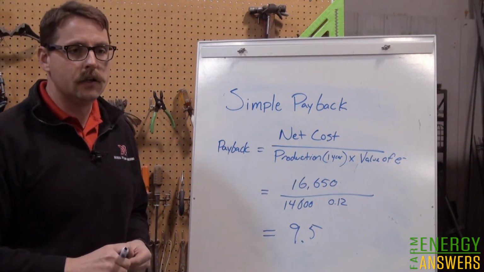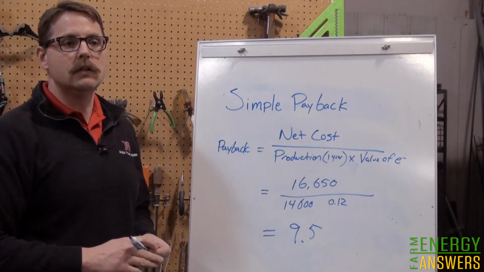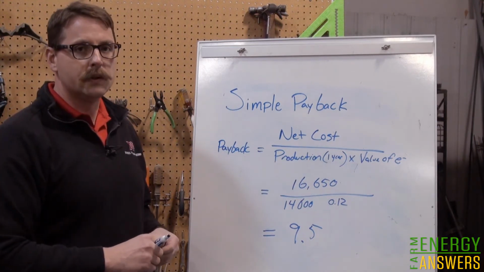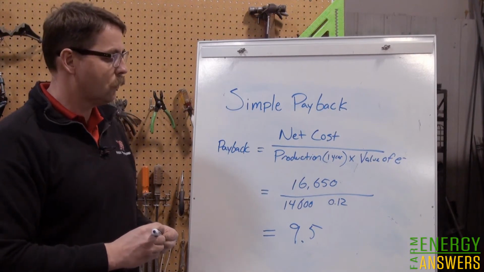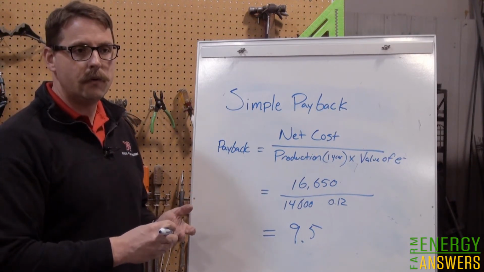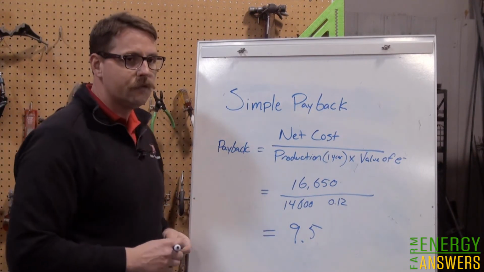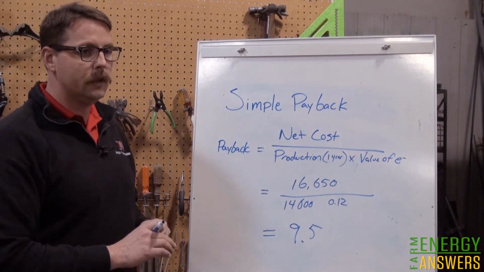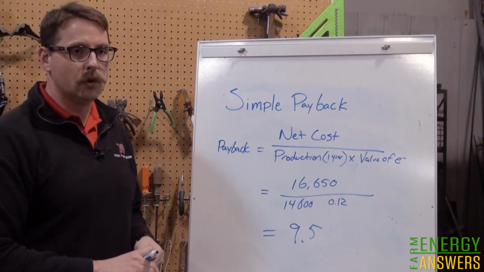If this value is outside of your comfort zone, this calculation may be all you need to do to make that decision to not install solar. If you're comfortable with this value, you can move on to a more detailed analysis where you apply insurance, operation and maintenance, and inflation, and get a real value which will differ slightly from this number. The value of a simple payback calculation is it's simple and easy to calculate, and can tell you if you're ready for the next step of a more detailed analysis.